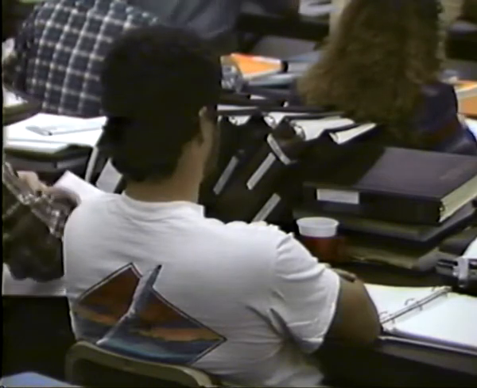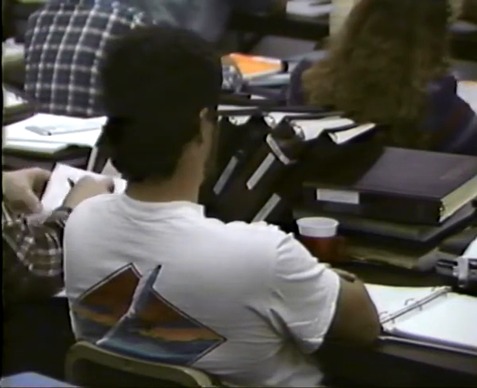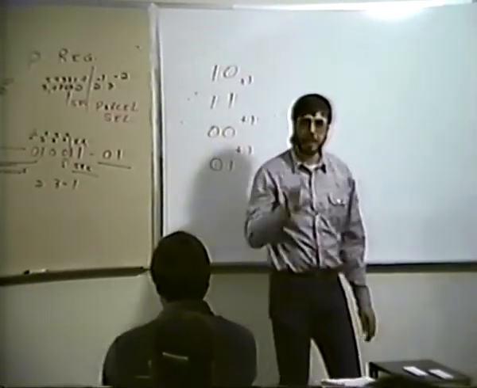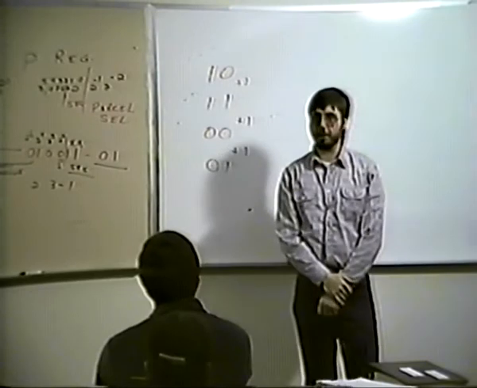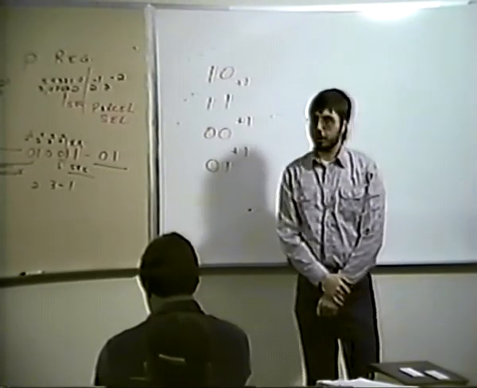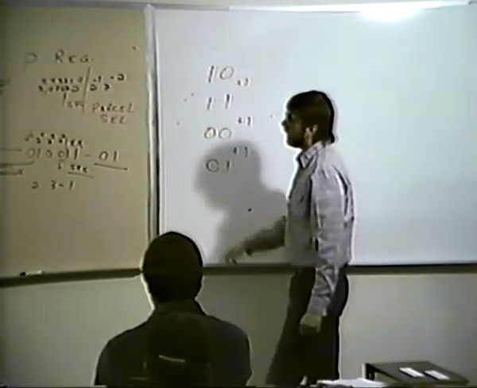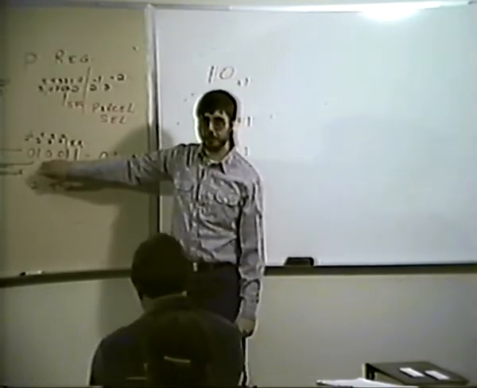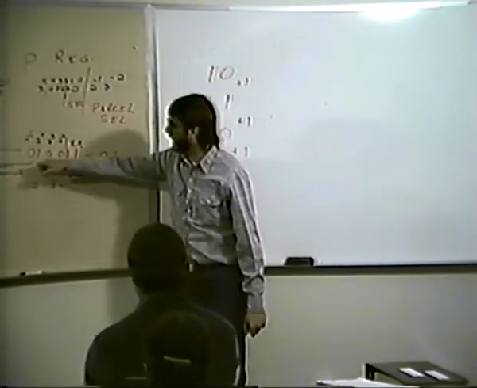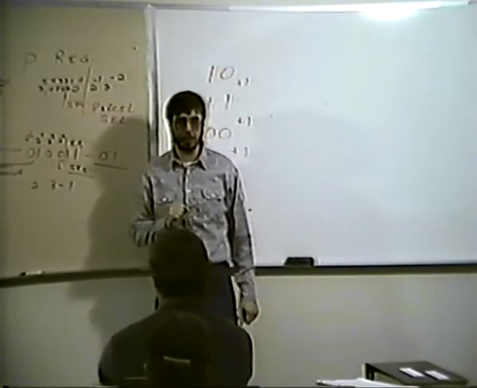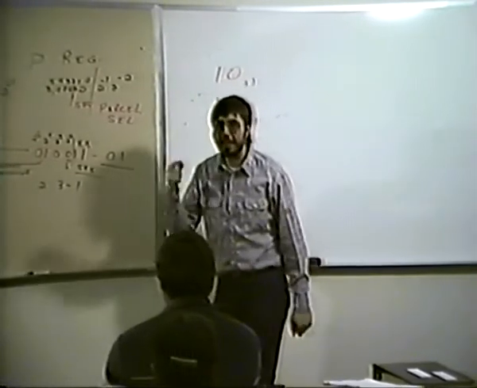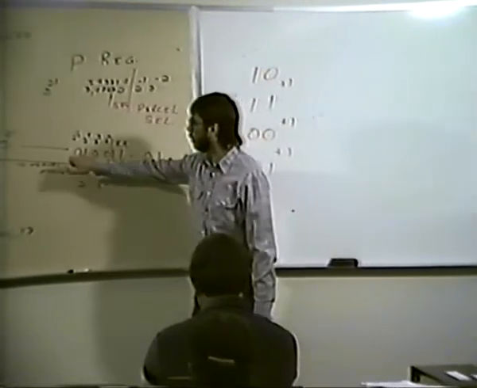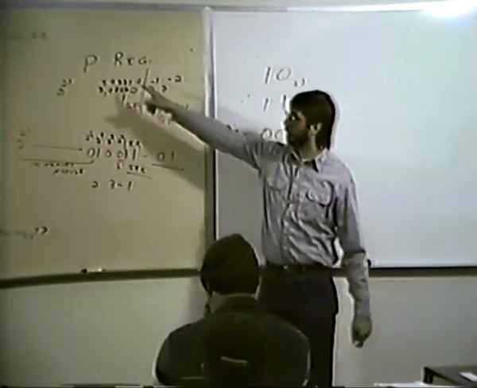Well, not quite. There's one other thing we need to do, and that is we have to know when we need to do a fetch, don't we? Well, we said we knew we needed to do this fetch because we didn't have any other instructions in this machine, so we had to get some in. We did this fetch. Now that we've done it and completed it, we have to keep track of when we have to do the next fetch. The way we're going to do that is we're going to take 2 to the 5th through 2 to the 21st of the P register,